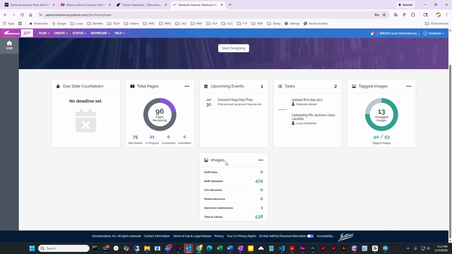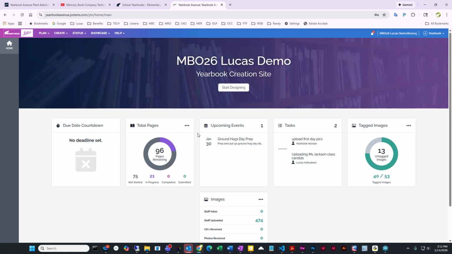And then the images module just gives you what's uploaded, what has come through into your library there. And these will take you into the library here. So here's our dashboard, just basic, where you're at, and also upcoming events and tasks will help you keep track of